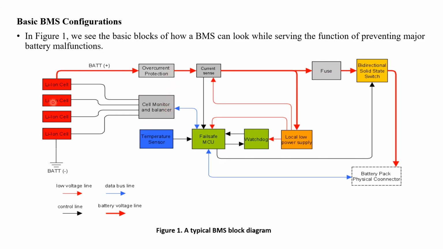We have to monitor the voltage levels of each cell, the current sharing of each cell, the temperature of each cell, and so on. For identifying the temperature, we use a temperature sensor. This temperature sensor always monitors the temperature of the battery or of each cell, and the temperature signal is given to the main control unit. If any high temperature is excessive,